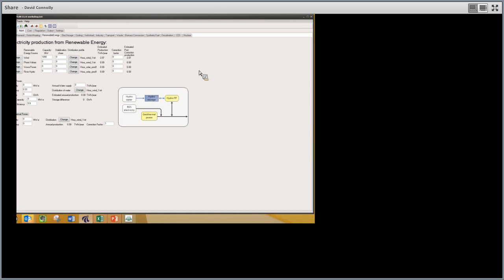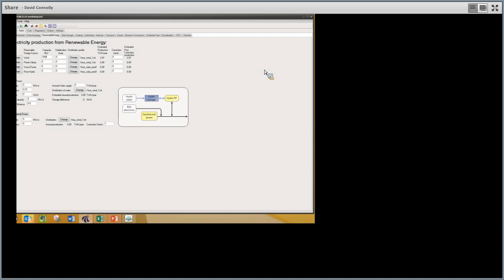It will use the default wind distribution, which you can change if you have your own local wind distribution file. And that will make an estimated calculation of how much energy you will produce during the year with this amount of wind power. So for example, with 1,000 megawatts and this distribution file, EnergyPLAN estimates that it will produce approximately 2 terawatt hours of wind power electricity over the year, which is approximately 10% of the demand that I originally inputted into the